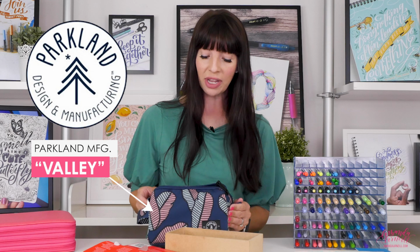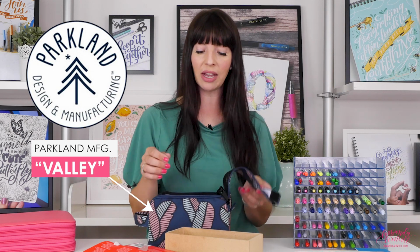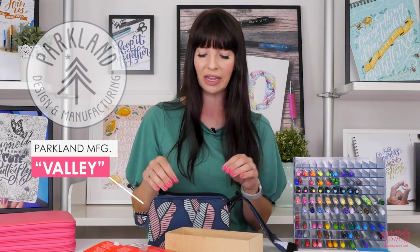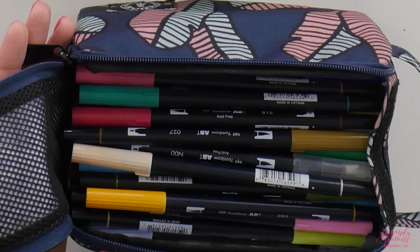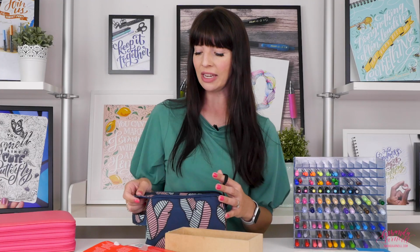So let's just keep it simple and store them that way. This pencil pouch is a Parkland pencil pouch, and I really like it because it holds tons of pens. I think I have well over 100 in here, probably closer to 200. Now, one of the pros of this, though, is that there are so many pens in here, and it's also